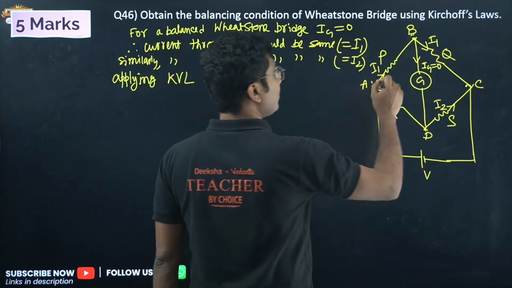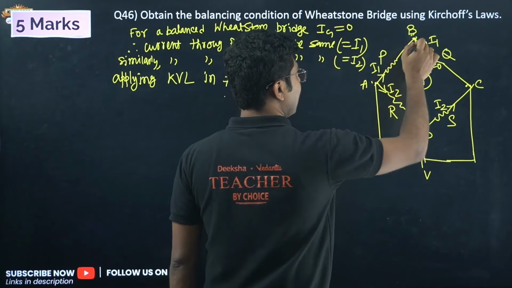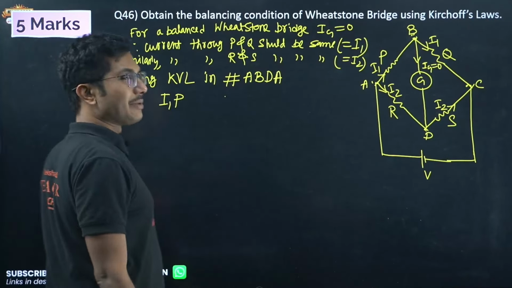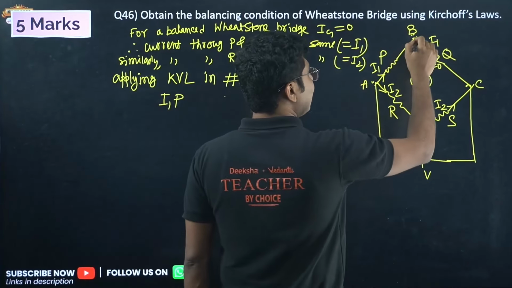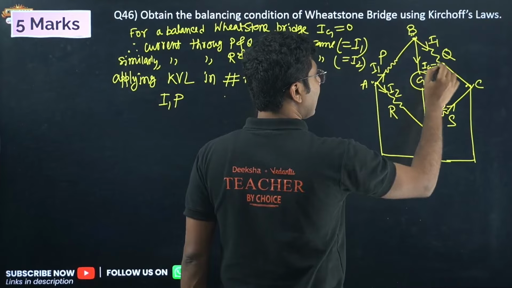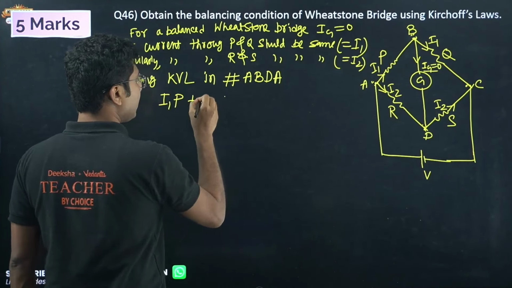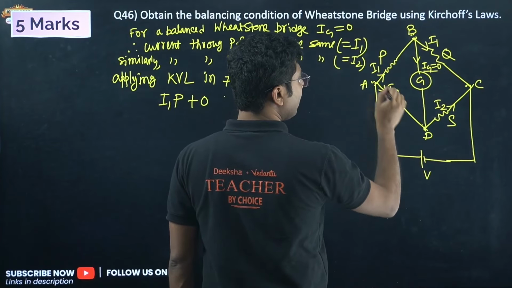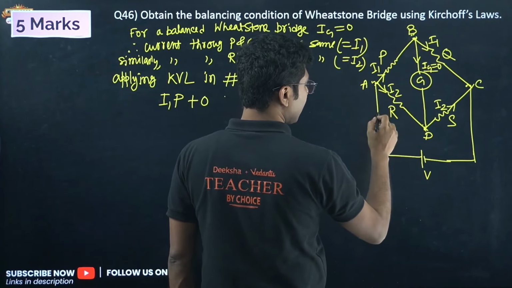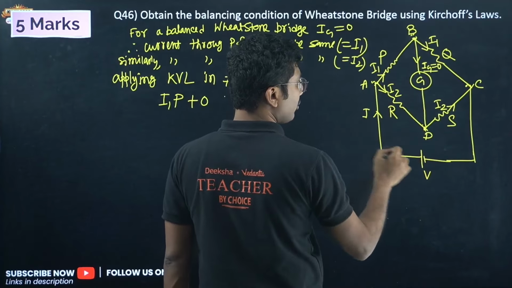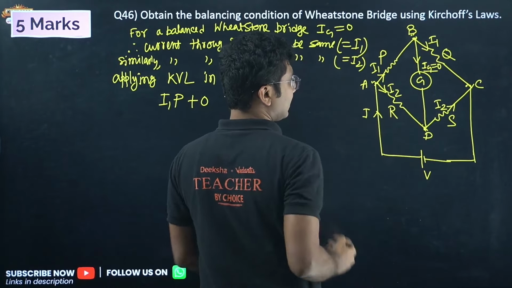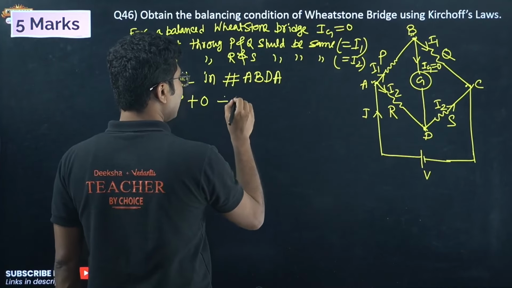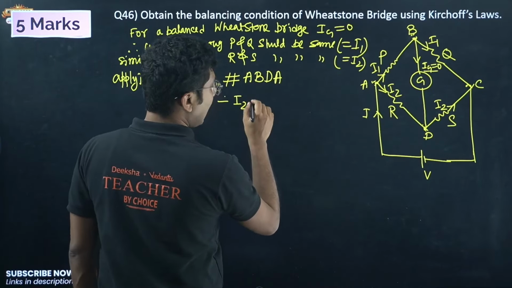Now if you take this loop, what is the voltage drop across any resistor? As I mentioned, voltage drop across any resistor is the current passing through the resistance. Here resistance is given by P. Now in this particular case, you are going through the galvanometer. Current through the galvanometer is 0, so it should be 0. 0 into anything is 0. Now when you are going from D to A, you are going against the direction of current, because total current in the circuit is going from positive to negative, so current should branch out like this, right? So when you are going from D to A, you are going against the direction of current. So it should be minus I2 into R.